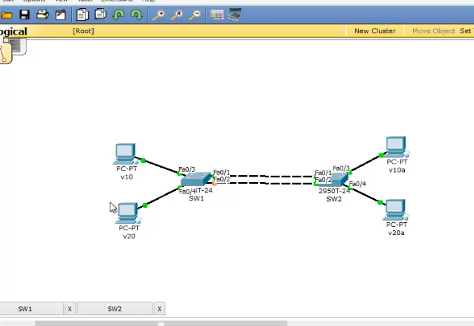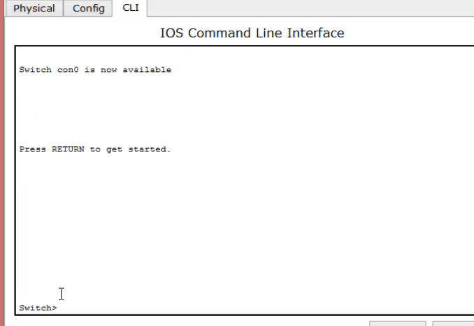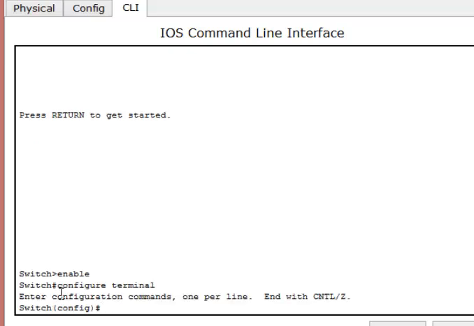To start, let's go to switch 1. Type enable again, configure terminal, type interface VLAN 99.